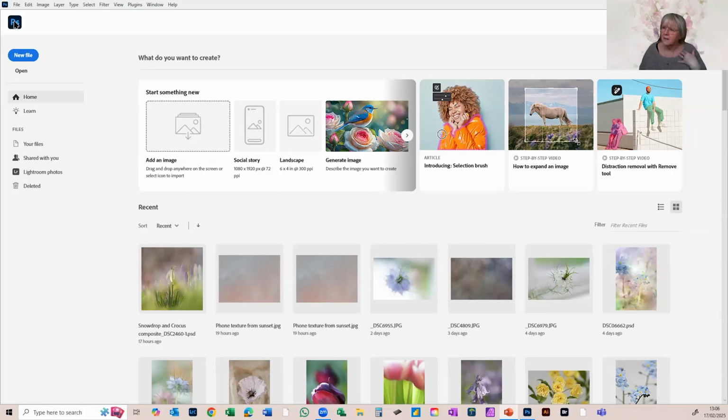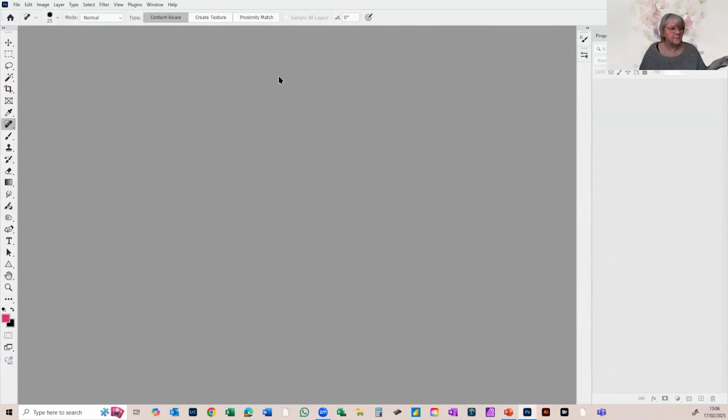But when you click the Photoshop logo, it does that. You lose your home screen. And when you want to get back to your home screen, most people don't want to, but the home screen's really useful. When you want to get back to your home screen, have a look down at the left-hand side